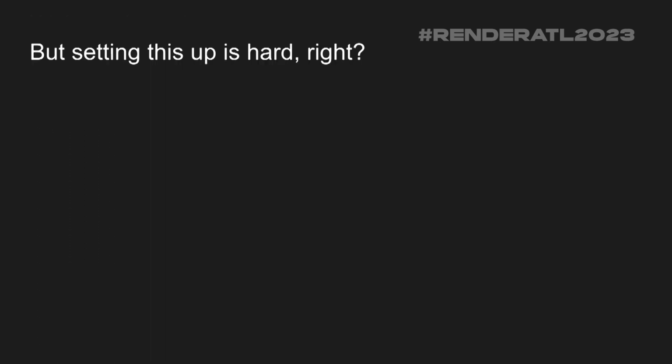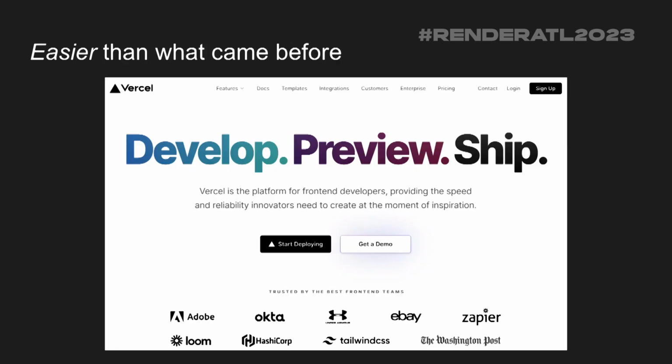So this is interesting, and you might be intrigued, and you might say, okay, I've got a web application. I want to run it in this cool way on AWS Lambda functions, so I can get that free horizontal scaling. Setting that up has got to be really hard, right? It turns out it's really easy, and it's easier than anything that came before, and the reason is because of